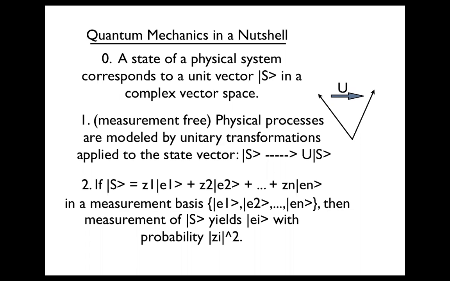So each basis element is one of the possible outcomes of an experiment. And then the state of the physical system is going to be a complex linear combination of them of unit length, which means it looks like a sum of z_i times e_i, where the sum of |z_i|^2 is 1, here in this nutshell,